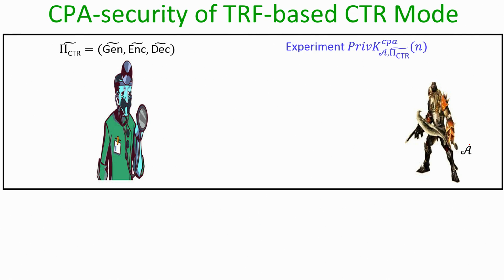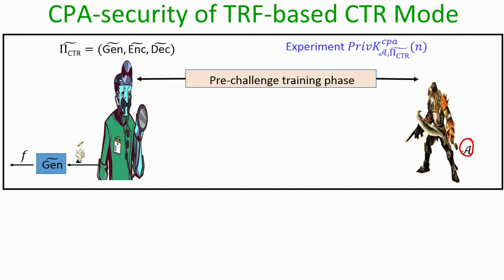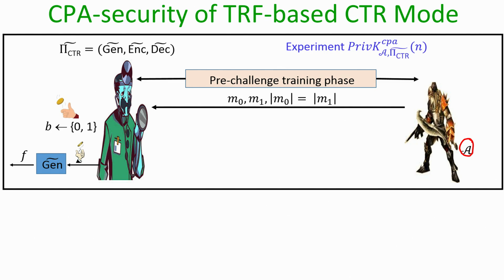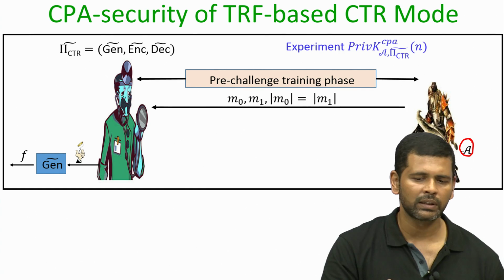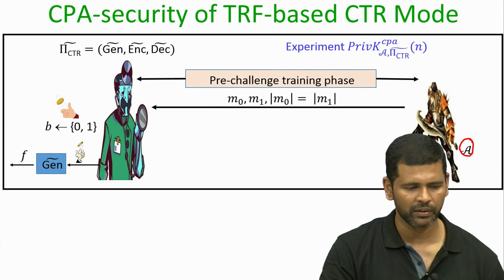So, consider an arbitrary computationally bounded adversary who participates in an instance of a CPA game, which will consist of 4 phases. We will have a pre-challenge training phase, then we will have a challenge phase. To answer the queries of the pre-challenge training phase, the challenger will select a truly random function which will not be known to the adversary, and all those queries will be encrypted by running the encryption algorithm of the truly random function based encryption process.